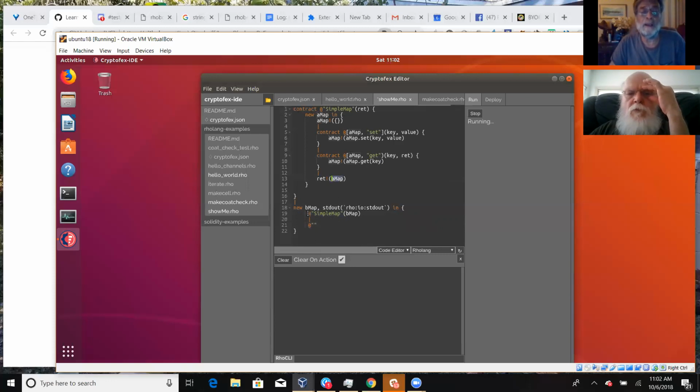But so here I'm creating B map, and now what do I want to do here? I want to call the contract. And in the contract, the map address should get rid of the B map, I think.